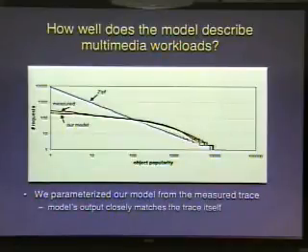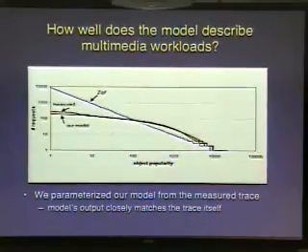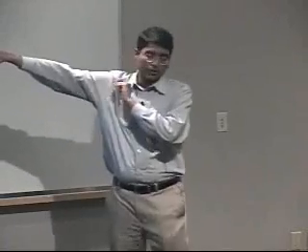Now, I want to emphasize something here. The goal of the model is not to imitate the trace 100%. Instead, a good model, I believe, should be simple, and yet it should intuitively capture the fundamental properties of the workloads. The interesting point in this graph is that we are able to describe 43 terabytes worth of data points using a simple model that has 4 intuitive components.